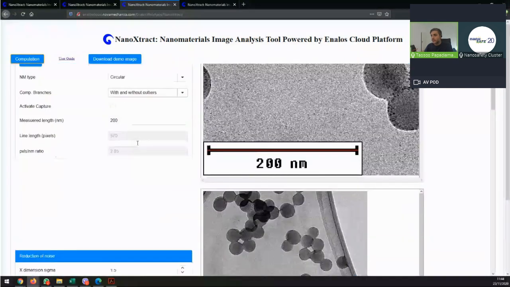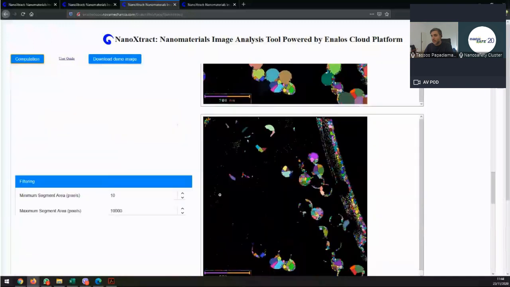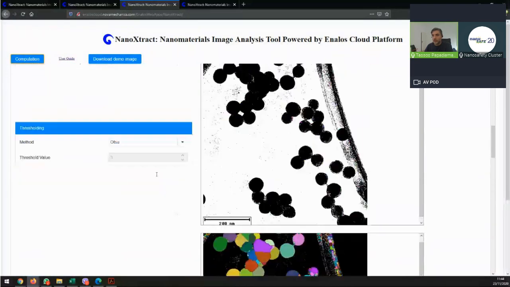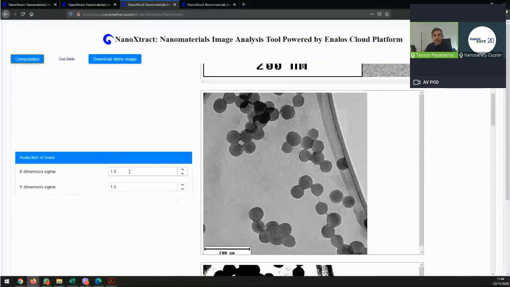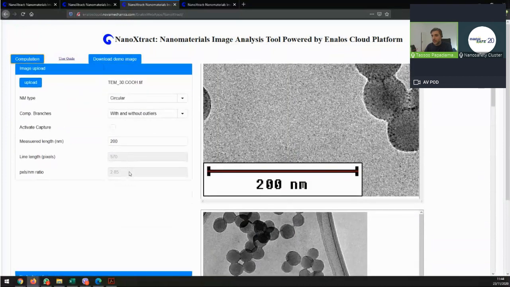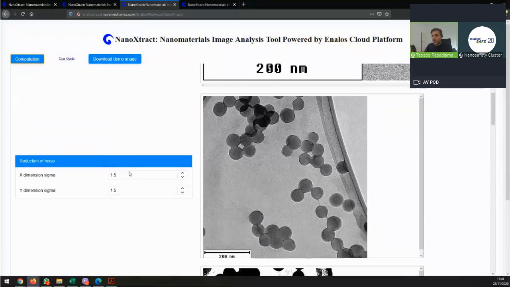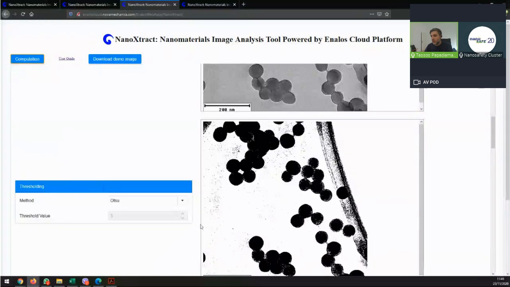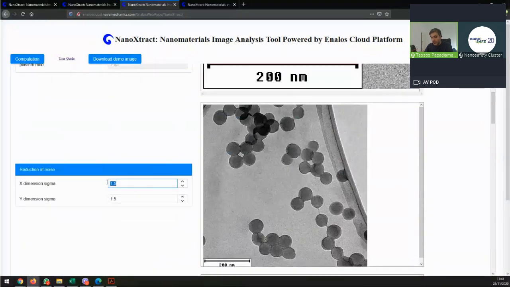Okay, so here you can see you have some results, but they don't look really good. Again, what I'm going to do is increase the background, because you see a lot of background here. I'm going to try to increase the background a lot.